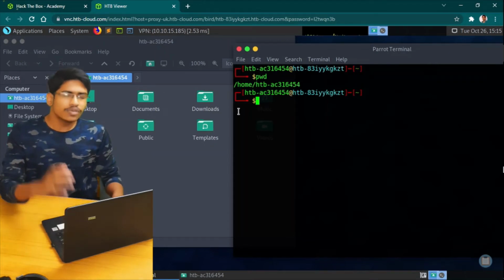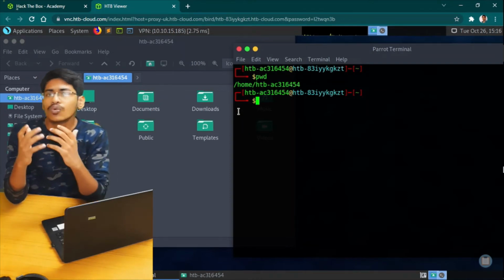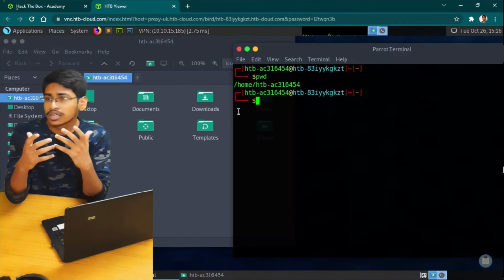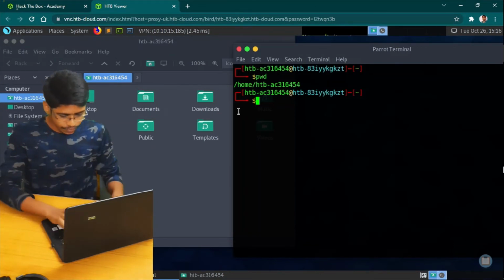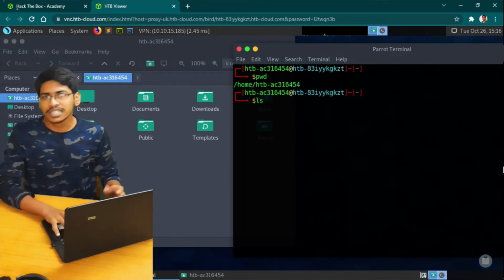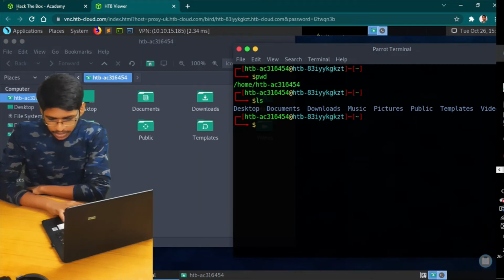Next, now we know what is pwd, where we stand. So how do we know what other files or other things are present in this directory? For that we use ls, list. So what is present? Desktop, documents, downloads, music, pictures, public, templates, videos.